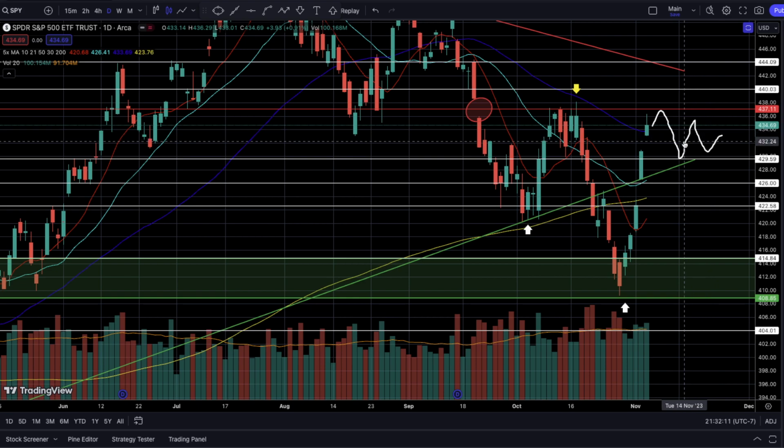The reason why I want this to happen is that the 10 and the 21 SMAs have to catch up to the price. In order for that to happen, the price either needs to pull back rapidly or it needs to move sideways for some time, and that could be this entire week. Obviously, the ideal situation for us is the market moving sideways rather than pulling back quickly, because that can entice more sellers to come back, especially the sellers who are trying to make sure that this gap is never filled.